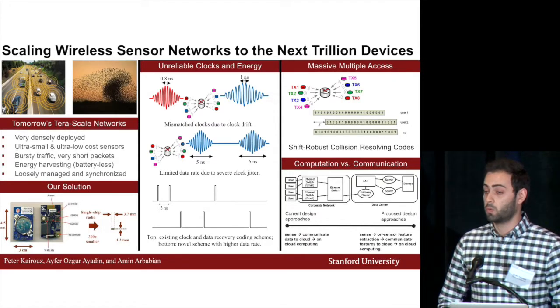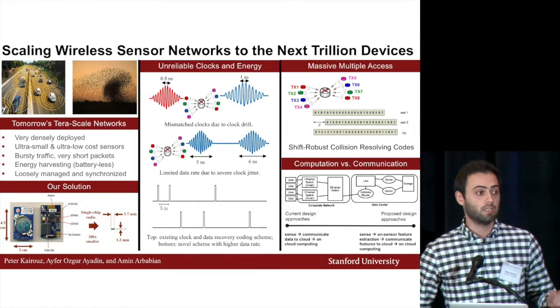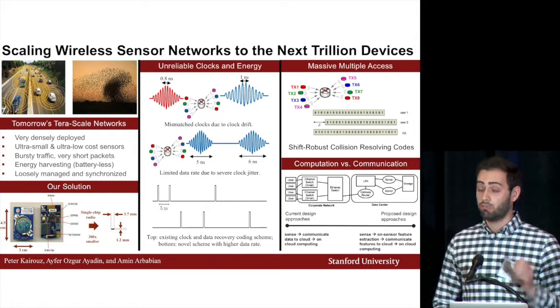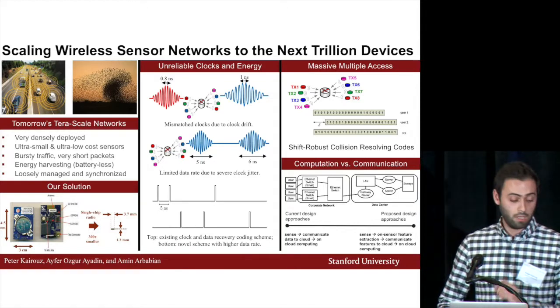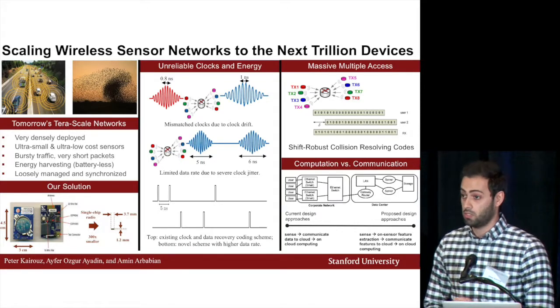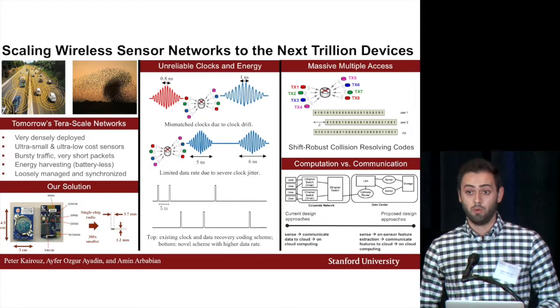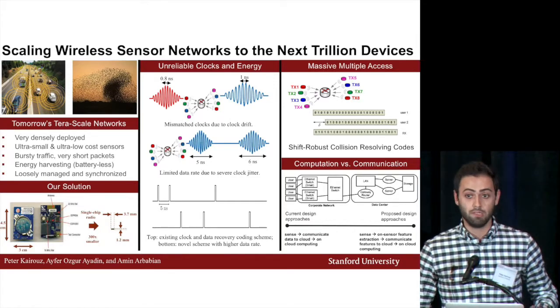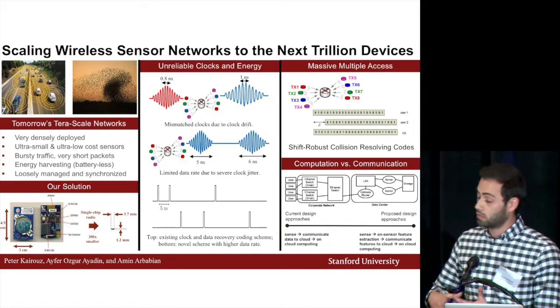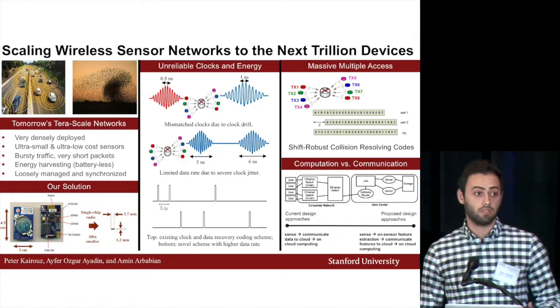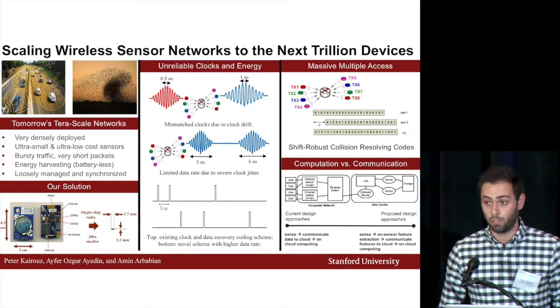In our recent work, we built the first fully integrated IoT radio that is 300 times smaller and 1,000 times cheaper than state-of-the-art Bluetooth low-energy radios. And in order to do so, we had to fully let go of batteries and integrate the clock and antenna on chip. We had to also completely rethink the design of the physical layer and medium access layer protocols.